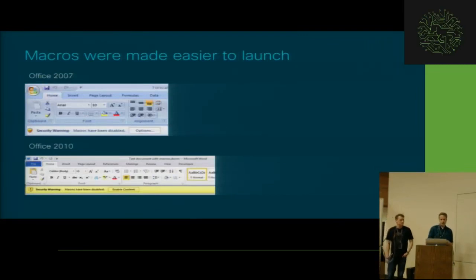Kind of the final introduction slide. This is a little bit anecdotal. This presentation isn't about this, but this is a screenshot of 2007, and I noticed that the old way to enable macros had this options button. So you push this, and you'd get another menu. Then I think there was a radio button. You had to choose something, and then an OK. So 2 to 3 clicks. Whereas in Office 2010 and later, they kind of simplified this down to enable content. So this didn't help. I guess that's my point of this slide.